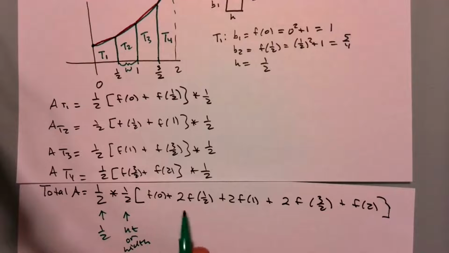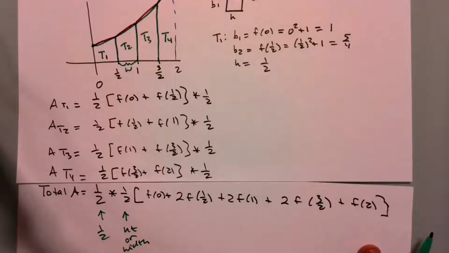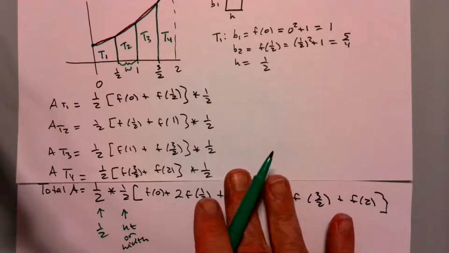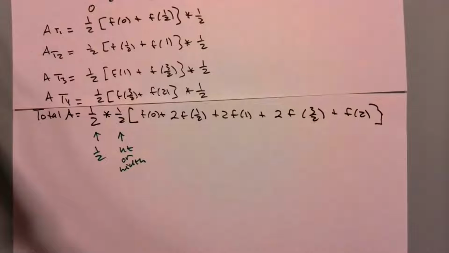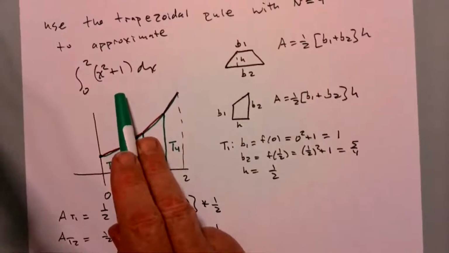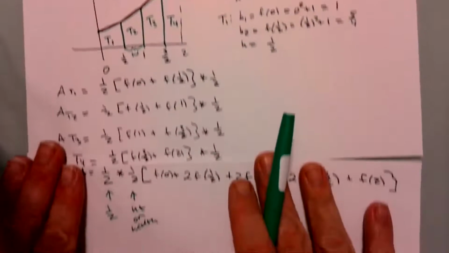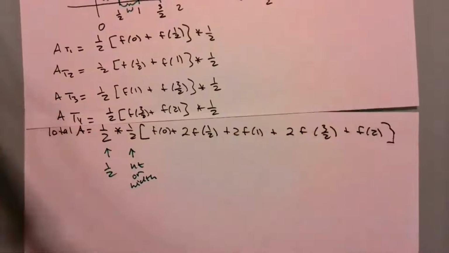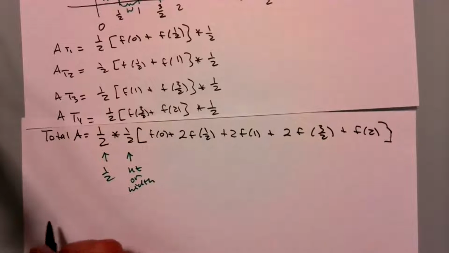But then we have f of 0 once, 2, 2, 2, and then we finish up with a 1 again at the end. That is going to be the process we're going to use to find the area using the trapezoidal rule. Okay? So I will allow myself to get some assistance with my calculator. The function that we're dealing with here is, of course, x squared plus 1. Remember, our function f of x is x squared plus 1. That's what we're dealing with. So the numbers we're plugging in here are going to be x squared plus 1. But on an exam, you're not going to have access to a calculator, but we'll try to keep the computation reasonable,